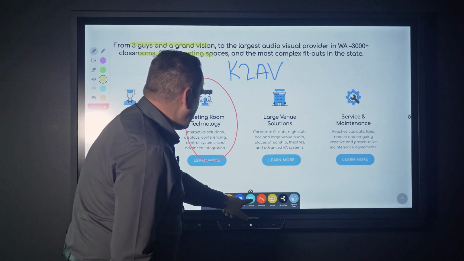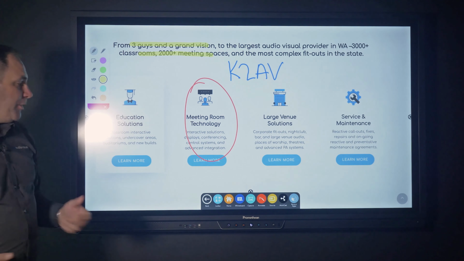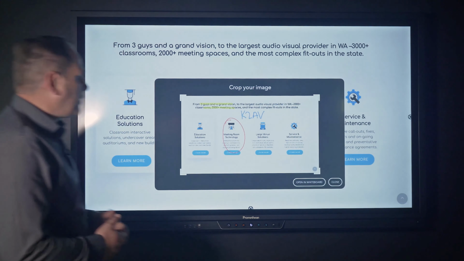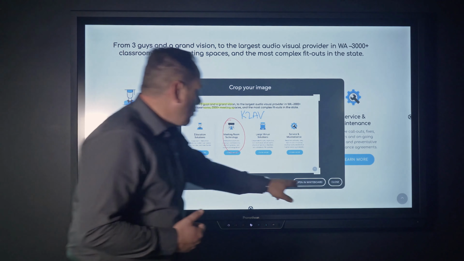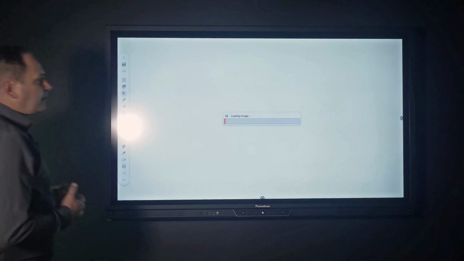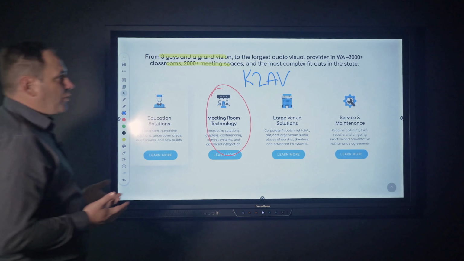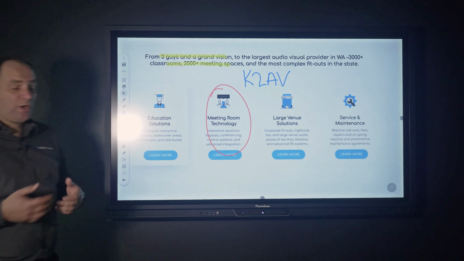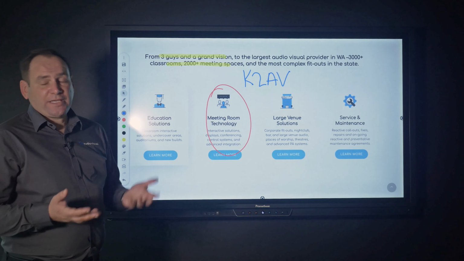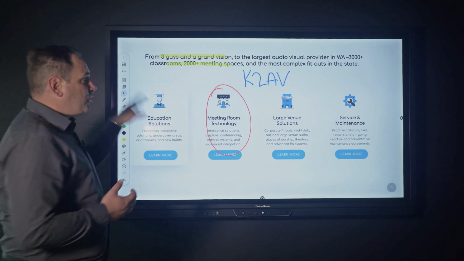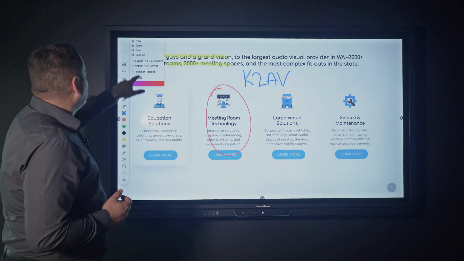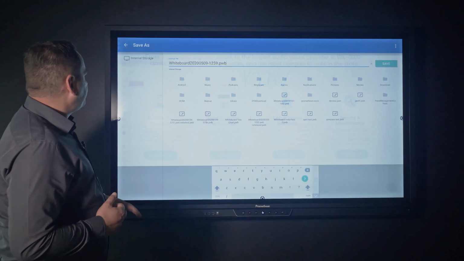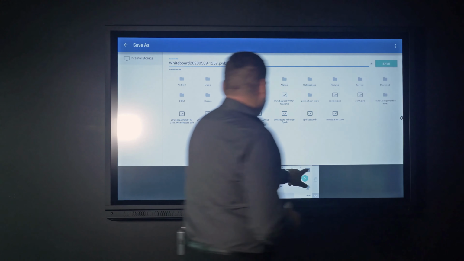So screen capture, it's very similar to doing a screenshot on your mobile. You go capture, it opens that, open in Whiteboard, and it opens it in there. Where that's really helpful is in a classroom situation, if you're on a classroom or a school website or an education website, if you're making notes or highlighting anything, you can do all that, put it in here, go save as, and then you can call it